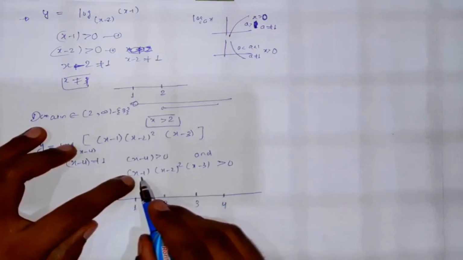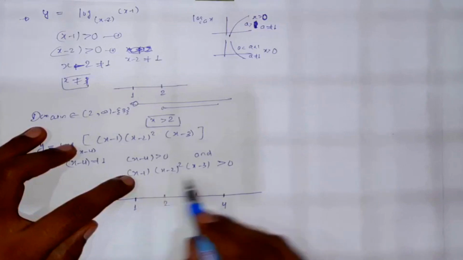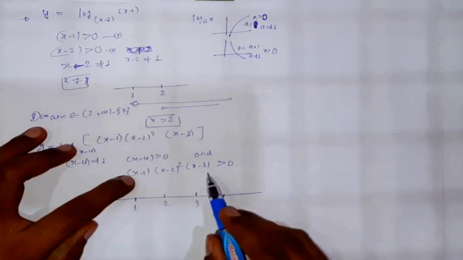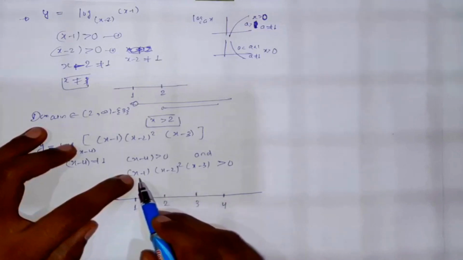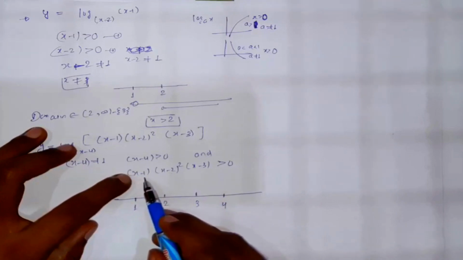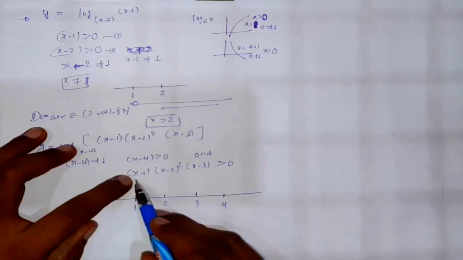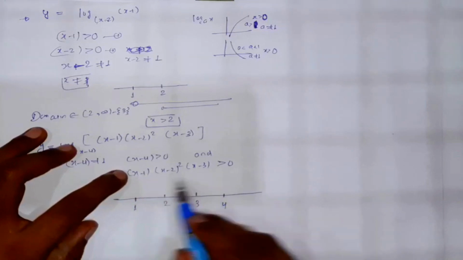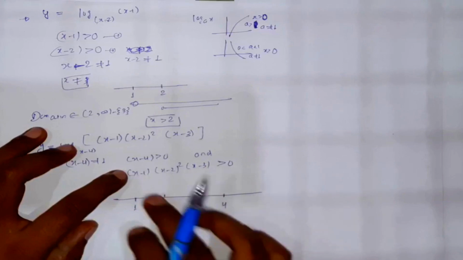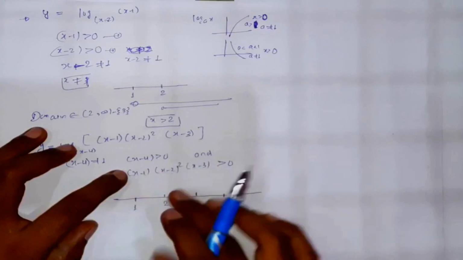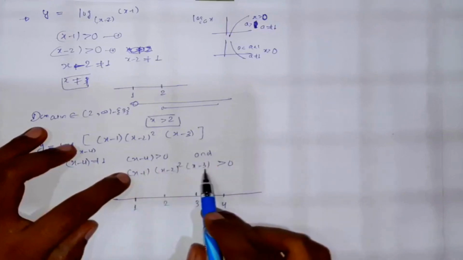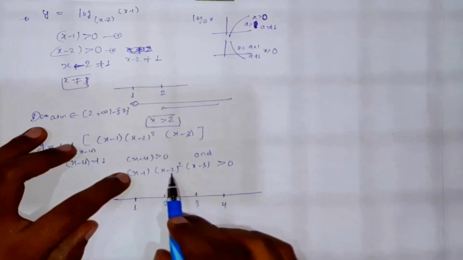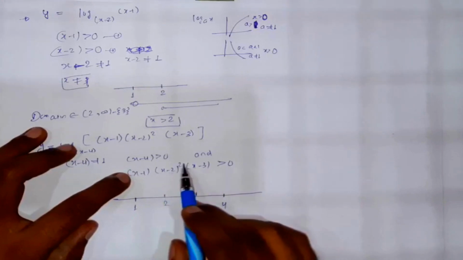I have already told you what the points of inversion are. x equals 1 and x equals 3 are the points of inversion, because if I put x greater than 1, this portion will be positive, and if I put x less than 1, this portion will be negative. So the sign of the inequality will change. But x equals 2 will not be a point of inversion, because overall it will remain positive because of this square.